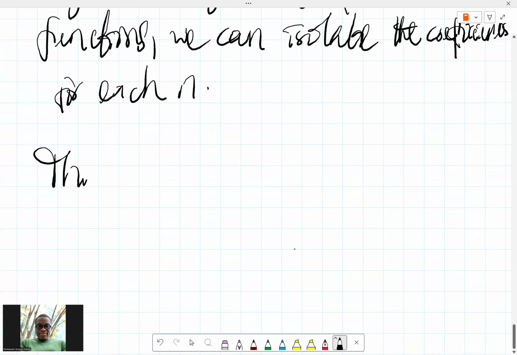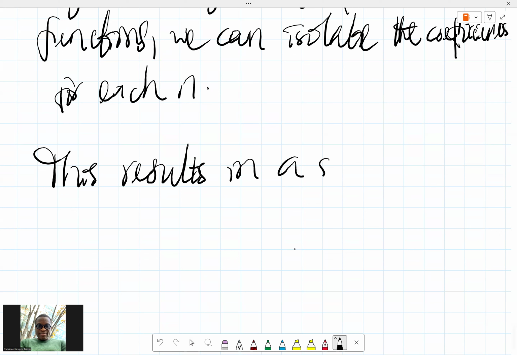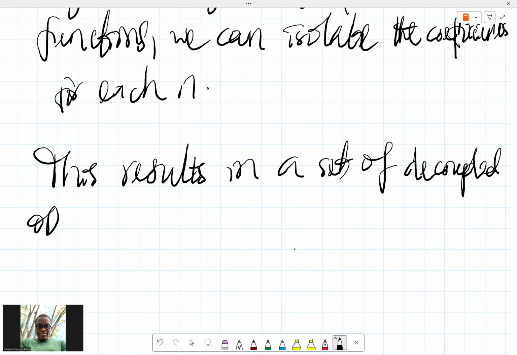So this results in a set of decoupled ODEs for each u_n(t),